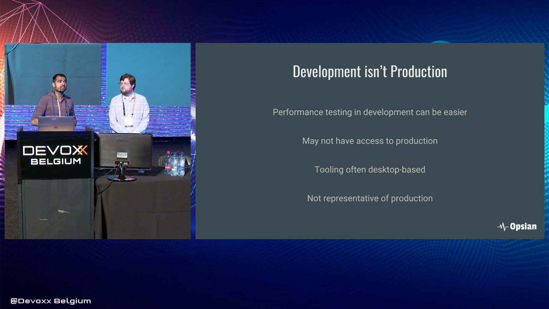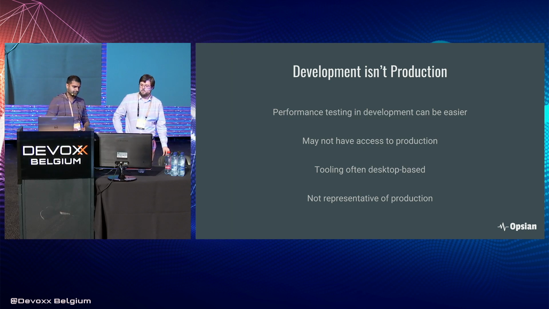The profiling tools and performance tools we have access to are generally designed to work in a desktop environment, right? So they're much easier to use if you have the application running locally. You don't have to mess around with firewall rules or figure out some complex remoting protocol. You may not also have access to production. Like in many organizations, that just isn't a thing. But over the next few slides, we're going to see why doing this is a bit of a trap, why we might end up getting the wrong results.